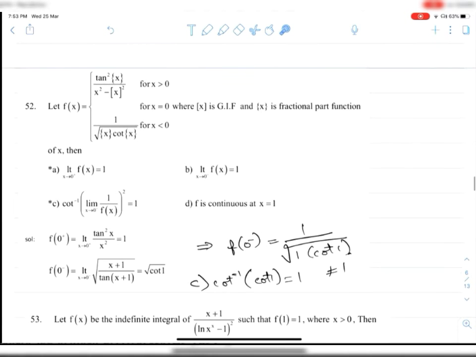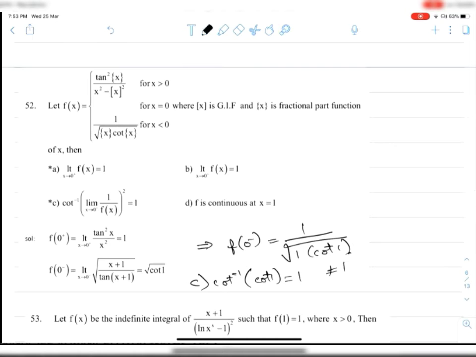Coming to the D part, 1 plus and 1 minus. This part will change, so the entire remaining part will remain the same. Anyway, it attains different values. What will happen at 1 plus? This value tends to 0 and this value tends to x square minus 1, so it's not 0, so the entire value is 0. But coming to 1 minus, this value will tend to 0 and this will be tan square 1. So obviously we need not solve further. It will be discontinuous at x is equal to 1.